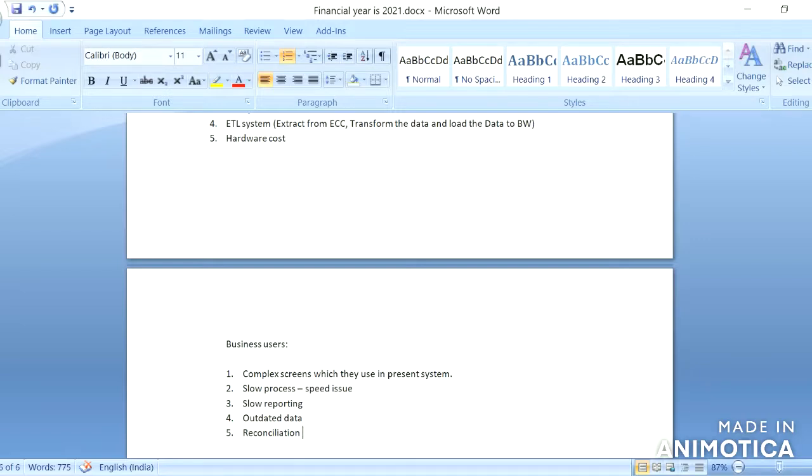They have to do many period end activities or many activities to make the data reconcile between all the components. So these are the major issues which business was facing.